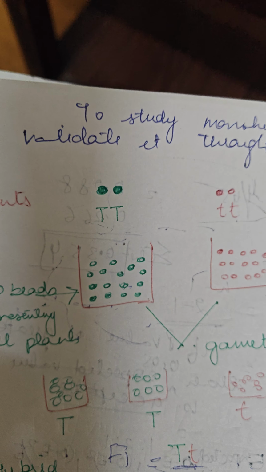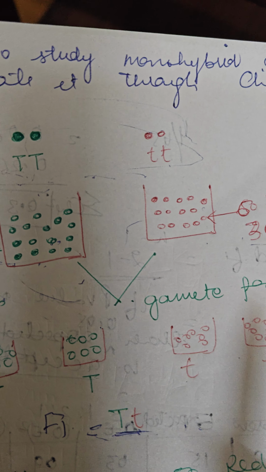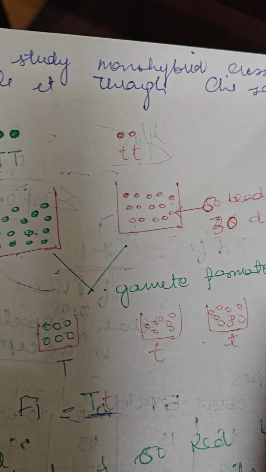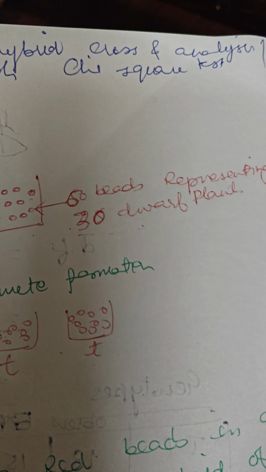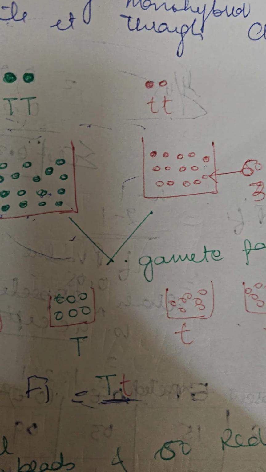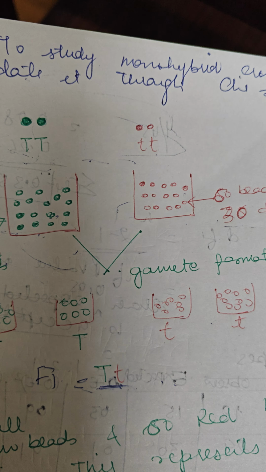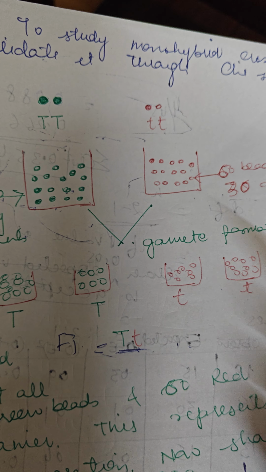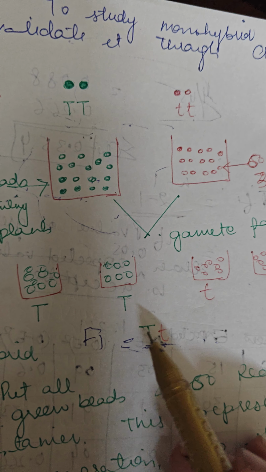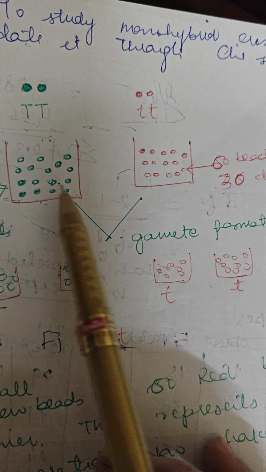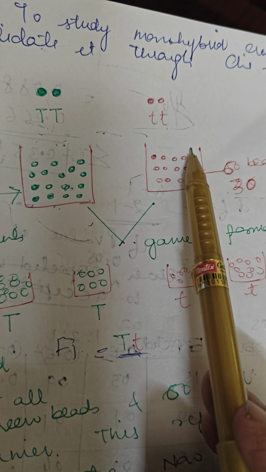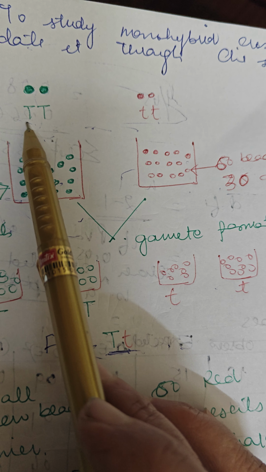Okay. So students, today we'll be talking about the monohybrid cross, to study the monohybrid cross and analyze its validity through the chi-square test. I'll give you one example and you can solve for dihybrid once the things are clear to you. So what we have done, we have studied already, we have done Mendelian inheritance where we studied the cross between